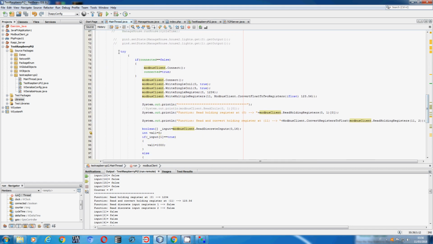It wants try-catch statements. If I'm not still connected, connect and then set true. Modbus client dot connect. Modbus client write single coil. It means that I want to write, set true, the first coil. Don't forget,